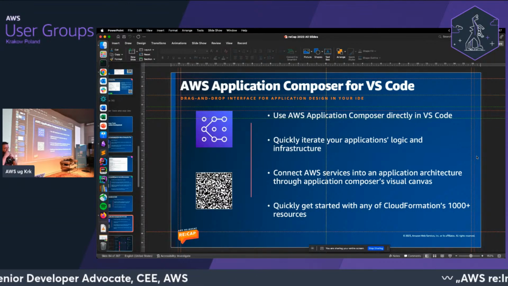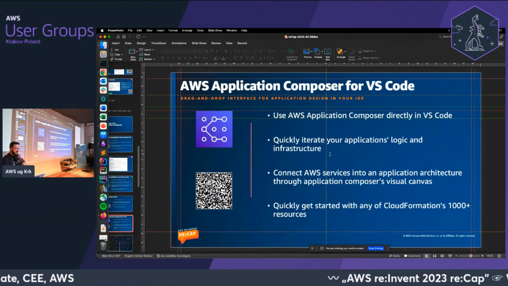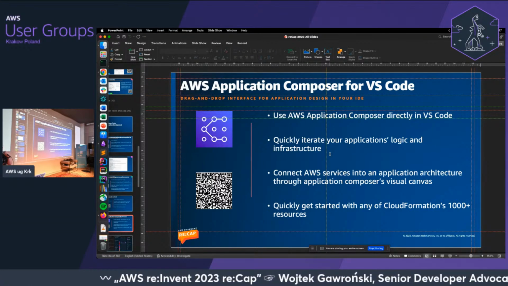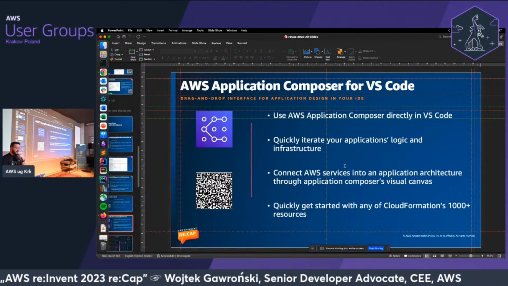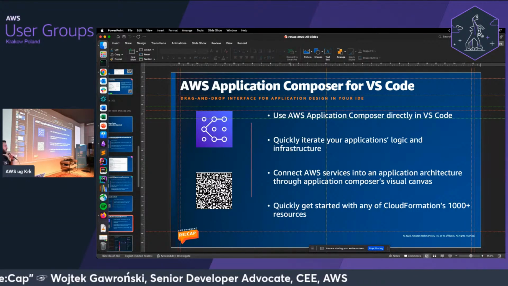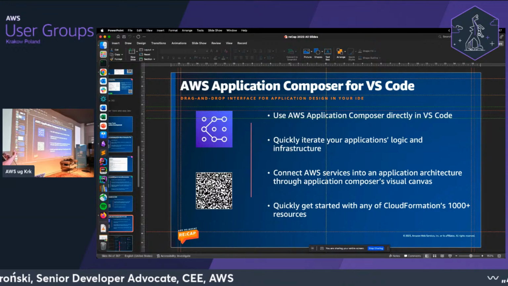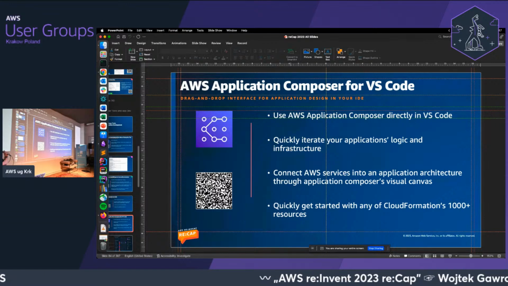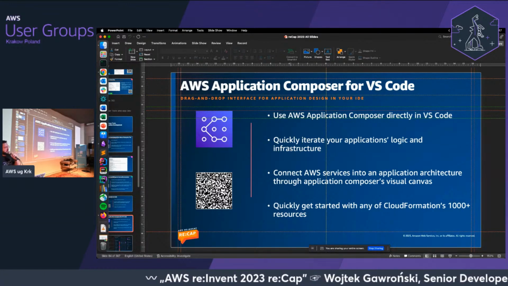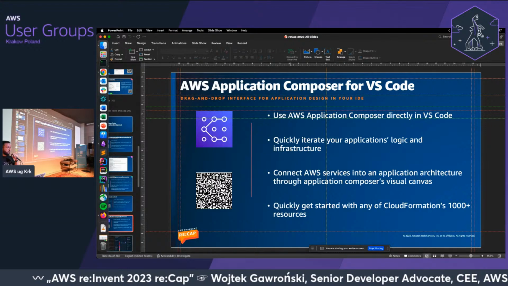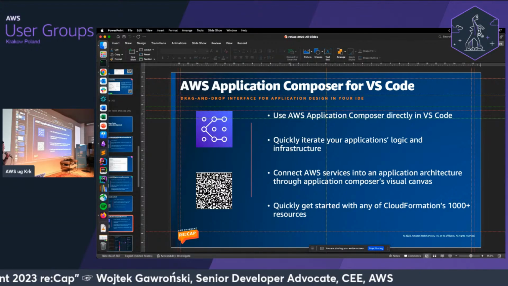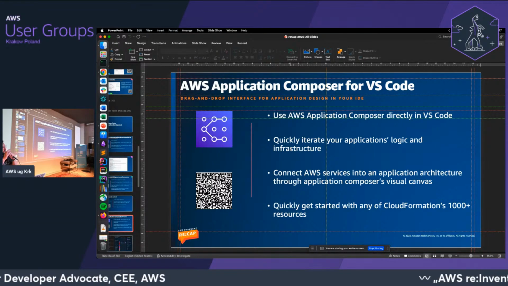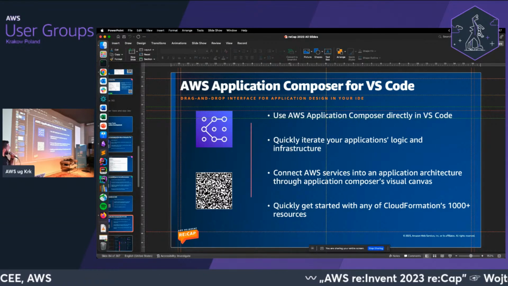Then there's Application Composer for VS Code. This is pretty cool because, with the help of the AWS Toolkit that I mentioned, it allows you to embed AWS Application Composer inside your IDE. Then you will be able to draw the diagram, move the pieces around, generate IaC from that, and also edit particular elements of the diagram, for example step functions, because in Application Composer we can now edit step functions. So in certain applications, you shouldn't need to leave the IDE. You will be able to develop everything inside your IDE.